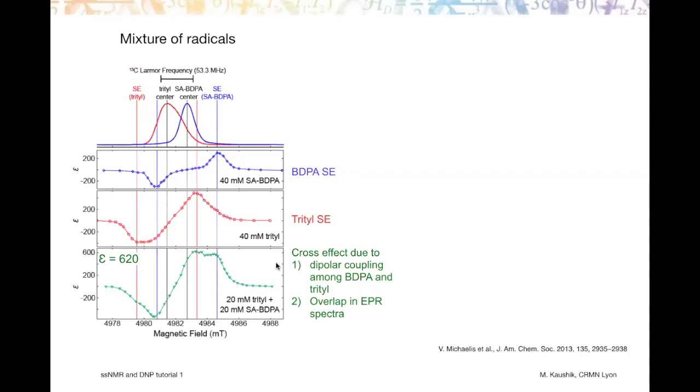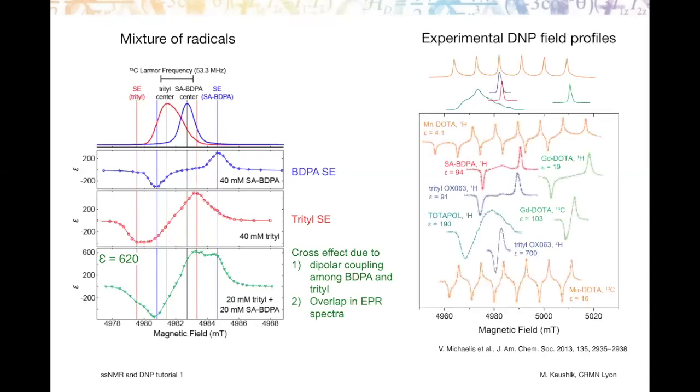So in a mixture of radicals, there is dipolar coupling introduced between BDPA and trityl just by mixing the two. And there is a significant overlap in EPR spectra that allows for cross effect to take place. Other experimental DNP field profiles gave us a portfolio of different radicals and which DNP mechanisms they evoke, and made us better understand the mechanisms of DNP